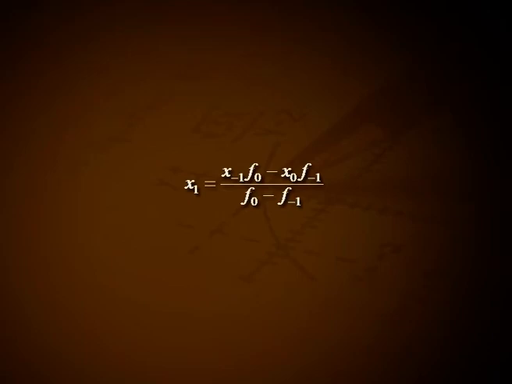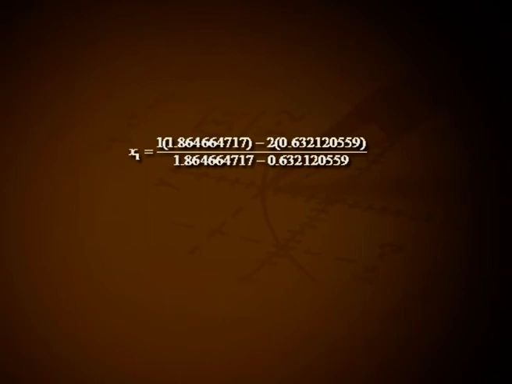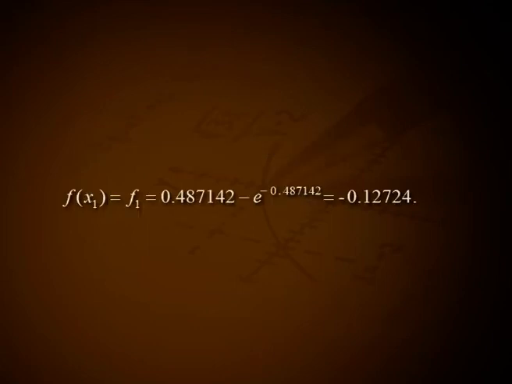minus x₀ f₋₁) divided by (f₀ minus f₋₁). Here x₁ equal to (1 into 1.864664717 minus 2 into 0.632120559) divided by (1.864664717 minus 0.632120559), that is equal to 0.6004235999 divided by 1.2325444158, that is 0.487142. Also, f(x₁) equal to f₁, that is equal to